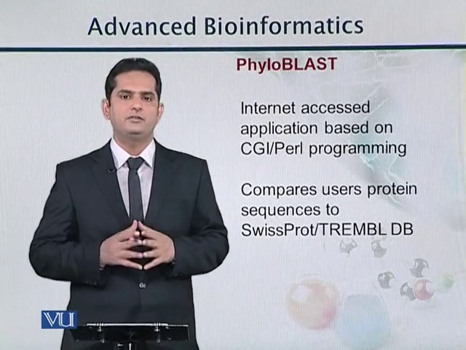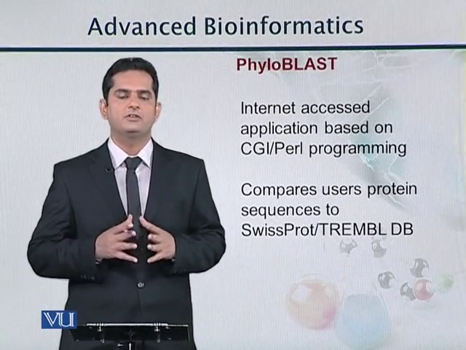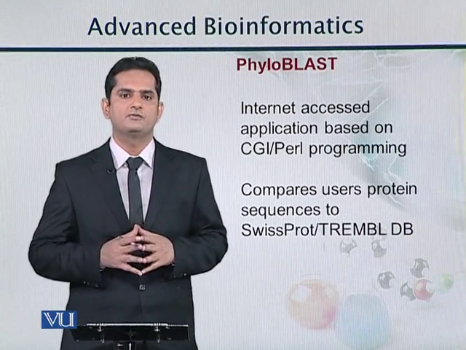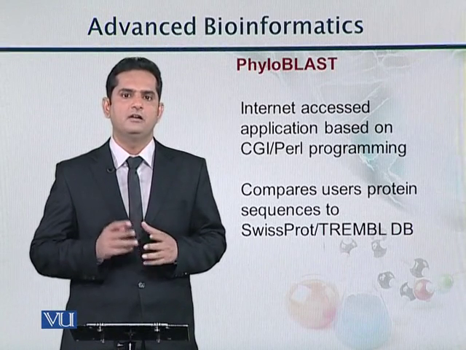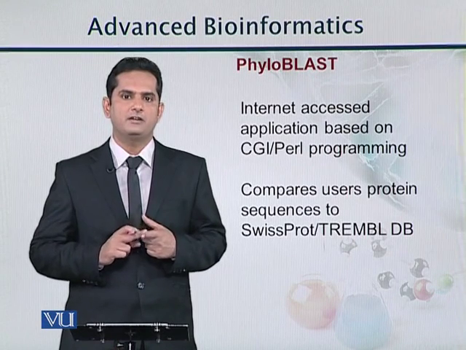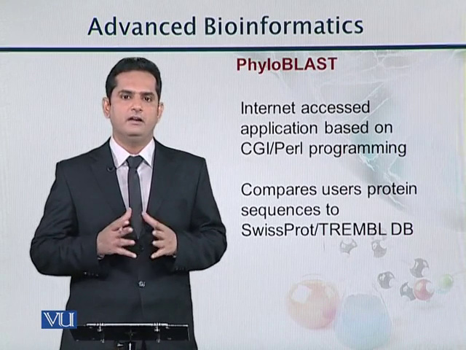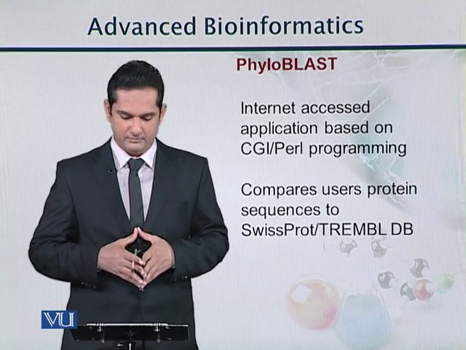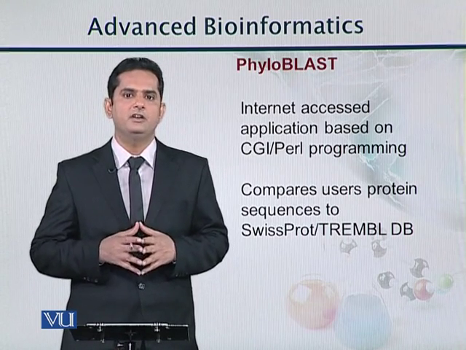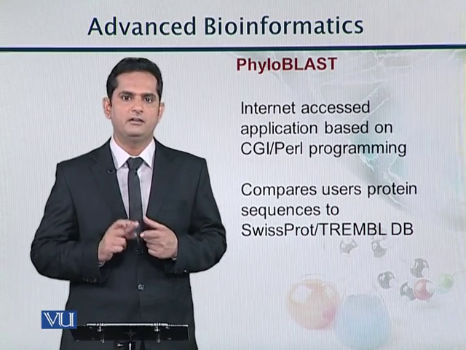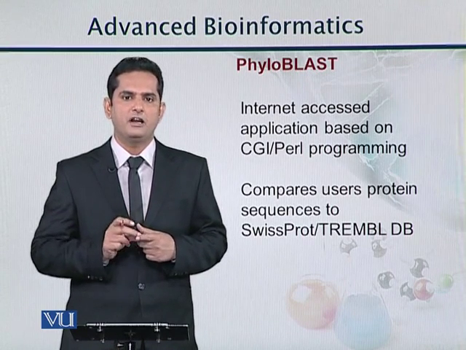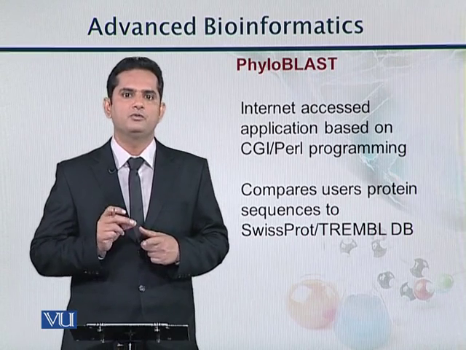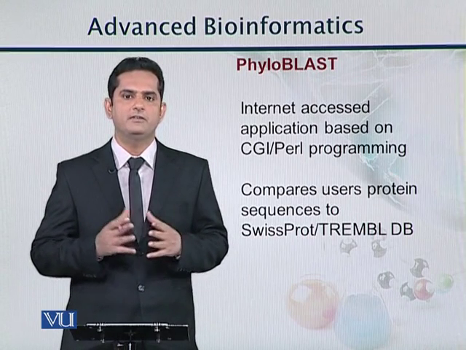There are three different publicly available software packages which are very common or extensively used for phylogenetic analysis. Those are Phylip, Phyloblast and POP. So in this module, I will explain Phyloblast. Phyloblast, as the name says, is a combination of two things: number one, phylogenetics, and the other one is BLAST. BLAST was our heuristic based algorithm for multiple sequence alignment or sequence alignment.